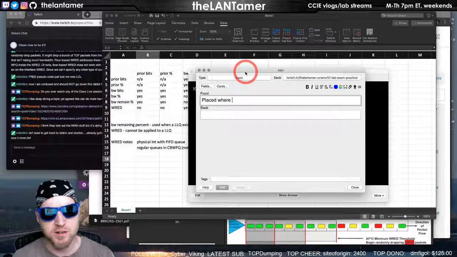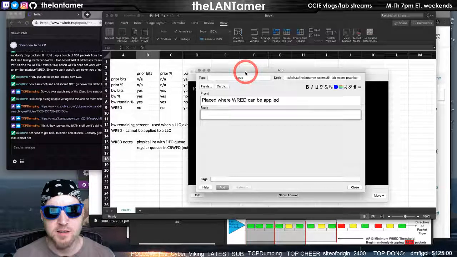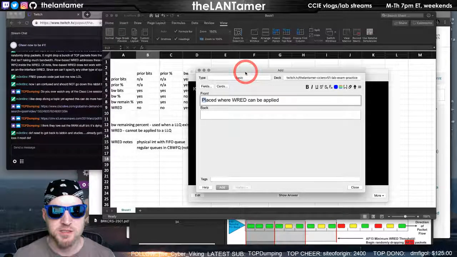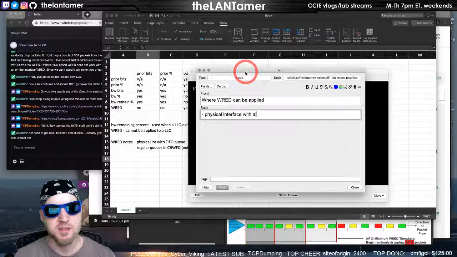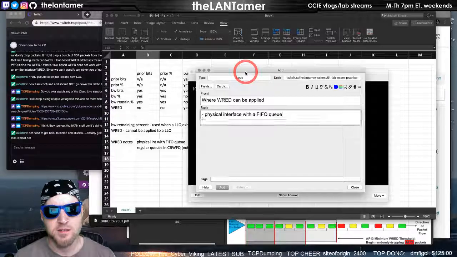Places where RED can be applied. Where RED can be applied, and that is a physical interface or a regular queue in class-based weighted fair queuing.